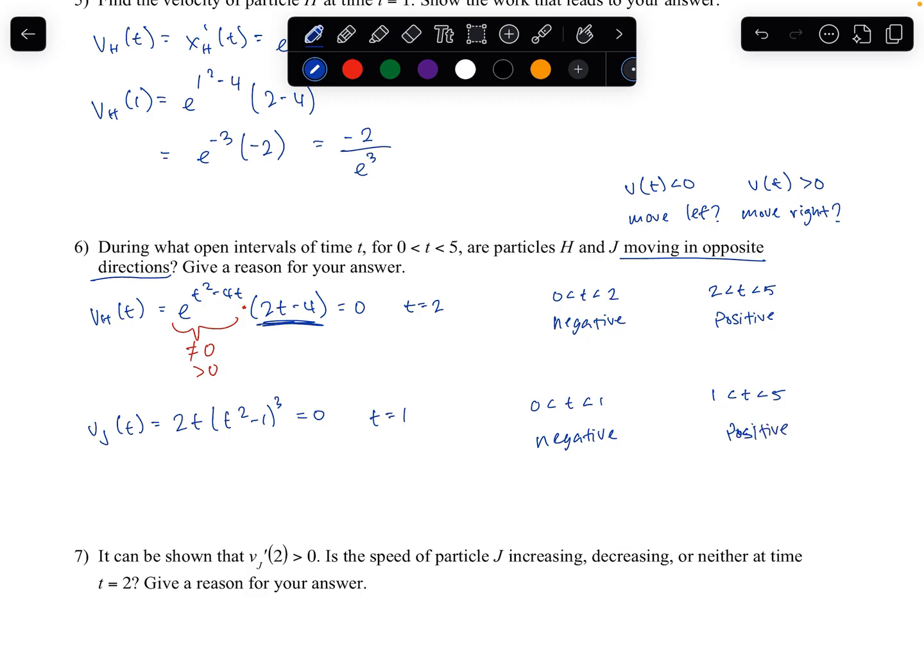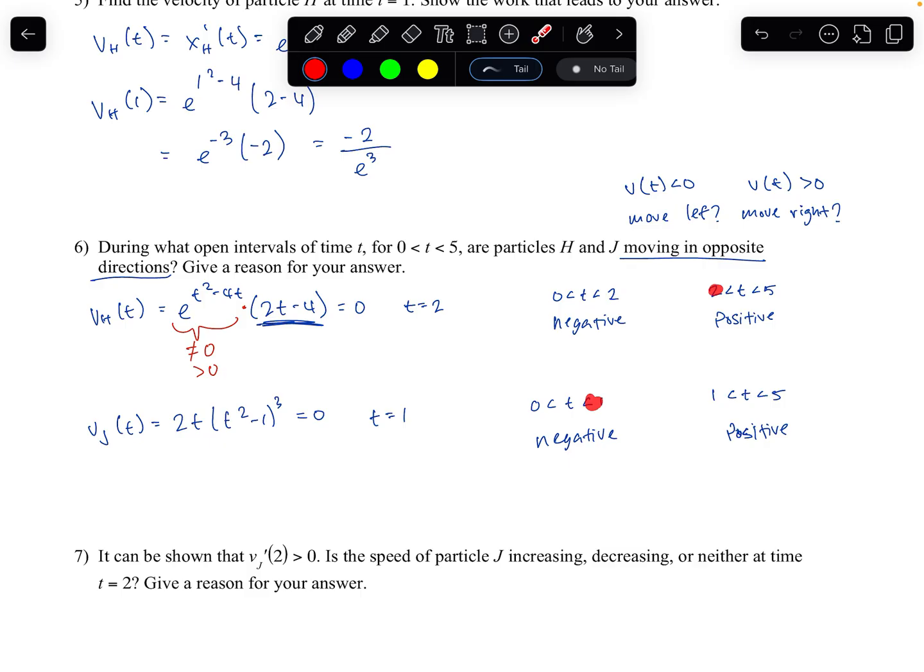Okay, so now let's go back to your question. We've done all the hard work. Now we just got to make our conclusion. When are the particles moving in opposite directions? So from 0 to 2, it's negative. From 0 to 1, it's negative. So I know that between 0 and 1, they're both going to be negative, which means they're moving in the same direction. From 2 to 5, it's positive. From 1 to 5, it's positive. So that means from 2 to 5, they're both positive, which means from 1